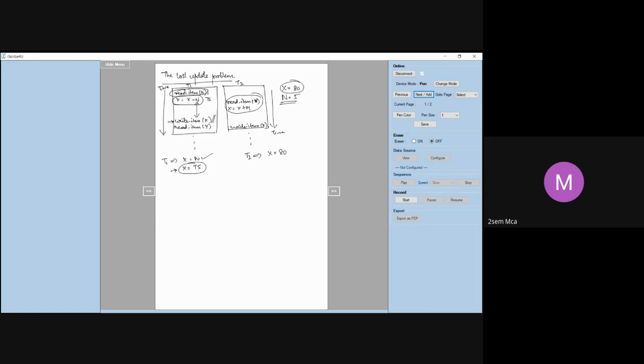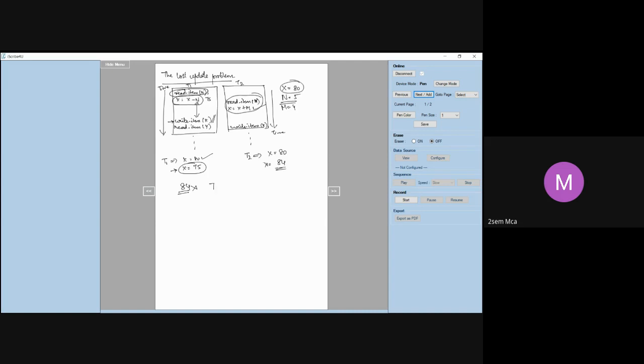So T2 will read X as 80. T2 adds some seats, some reservations. Let me take M as 4. So X is equal to 80 plus 4, which becomes 84. Now the final value of X is 84, which is actually wrong.